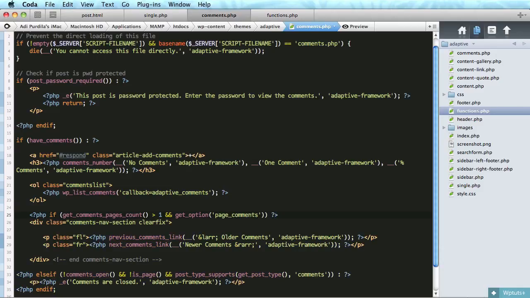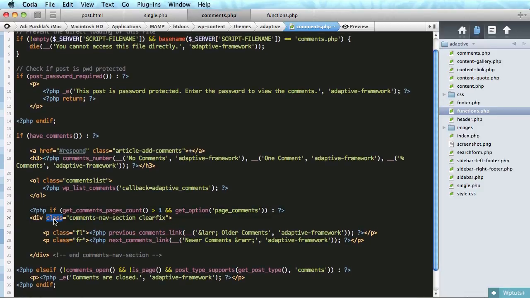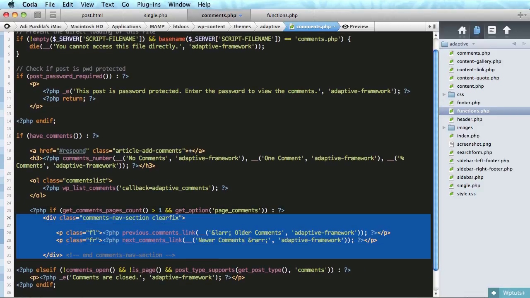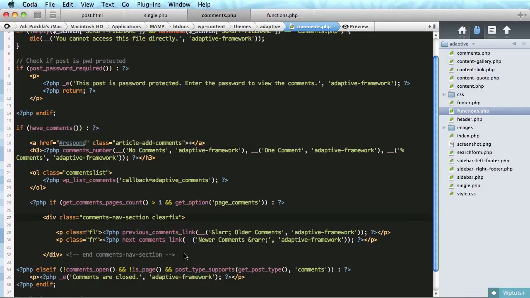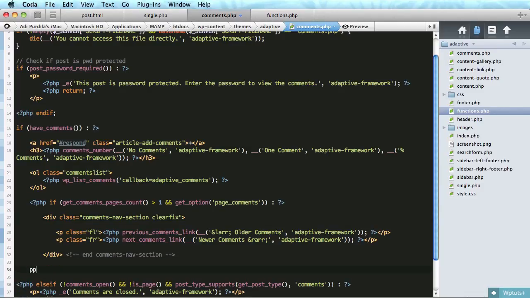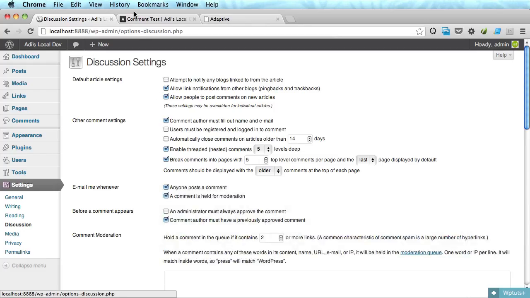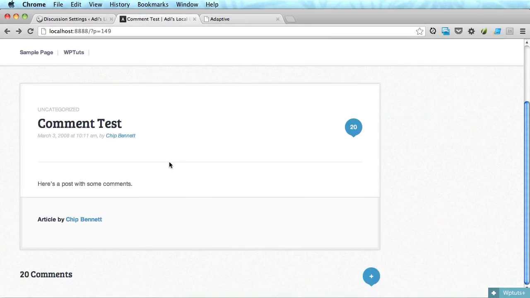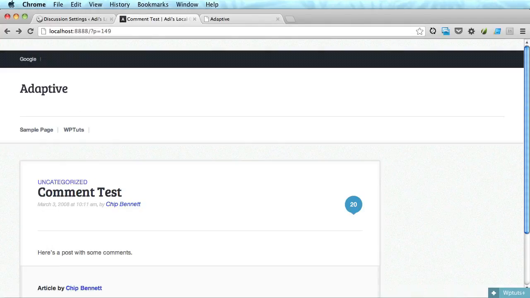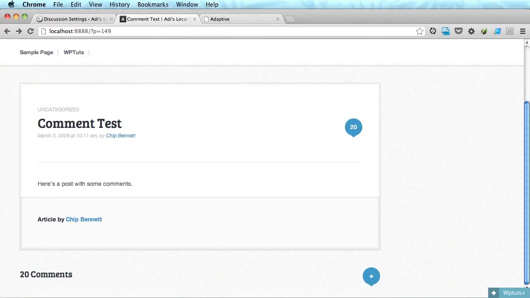Okay, so if both these conditions are present or evaluated to true, actually, we're going to display this. Okay, and then we're going to close the if. All right. So